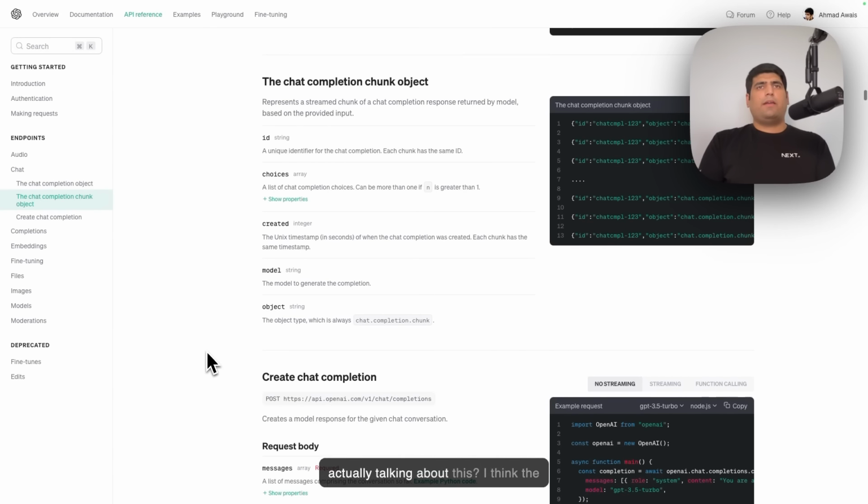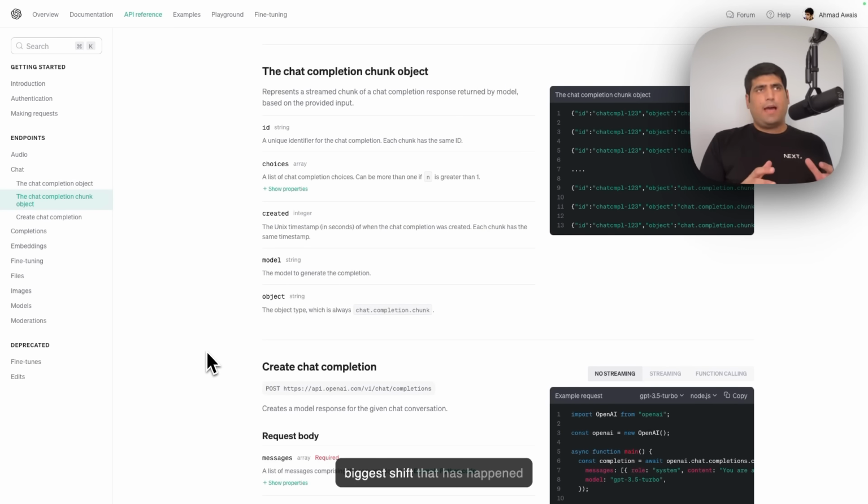And why are we actually talking about this? I think the biggest shift that has happened throughout this year is generative AI. I believe ChatGPT has been able to generate more than $1 billion in revenue. So this generative AI is not a fad, in my opinion. It is generating actual revenue and actual value. Both Midjourney and GitHub Copilot have generated more than 100 million in revenue, if my recollection isn't misleading me. So it's now more than ever a really good time to learn about how these things are working and use them to build awesome projects, right?